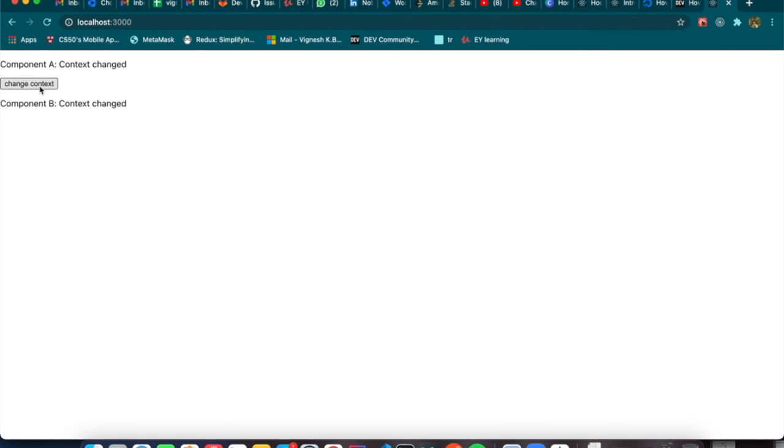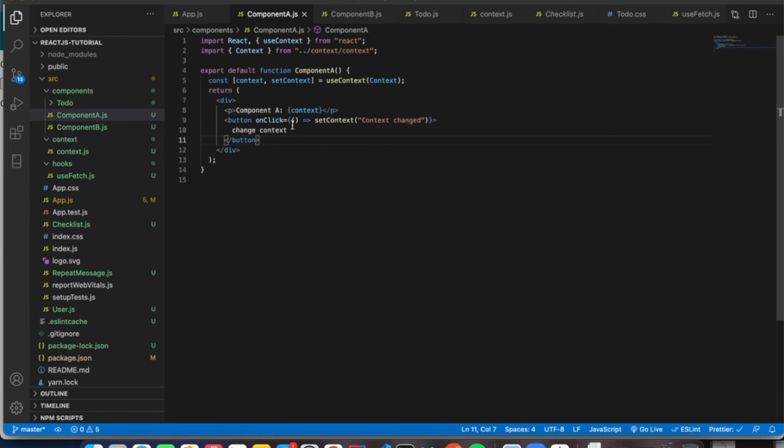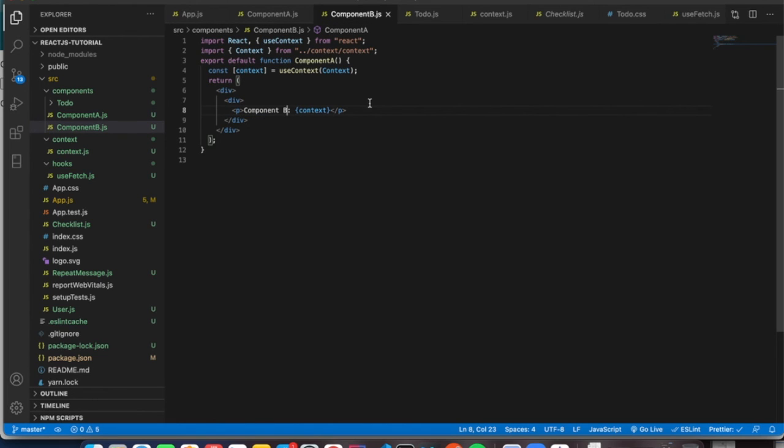You see the context is being changed. Let's do it once again. Initially we have a default value, and we are changing the context. You can similarly do it in component A as well. Let's do that in action also. We have it here, and in this we'll say change from A, and also we have to import the setContext. Now let me refresh once again. Default value, context changed, and context changed from the A will be context changed from A.